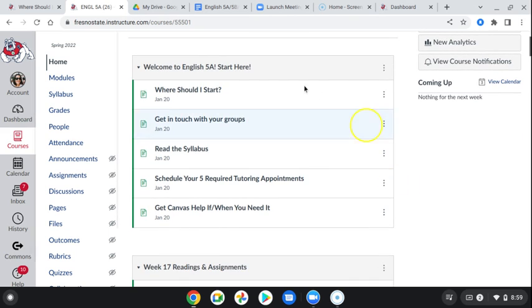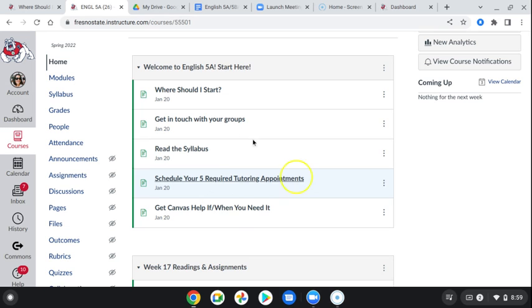So you'll always have this module up at the top. Remember that modules are just the online folders that we have all of our stuff organized into on Canvas. So each week you'll see a new thing like this, which is a module. Those are posted on Sundays, or they become available on Sundays. And every Sunday you should log into Canvas and just look at what's coming up for the week. However, this one stays here all the time because this has a bunch of useful information that you might need